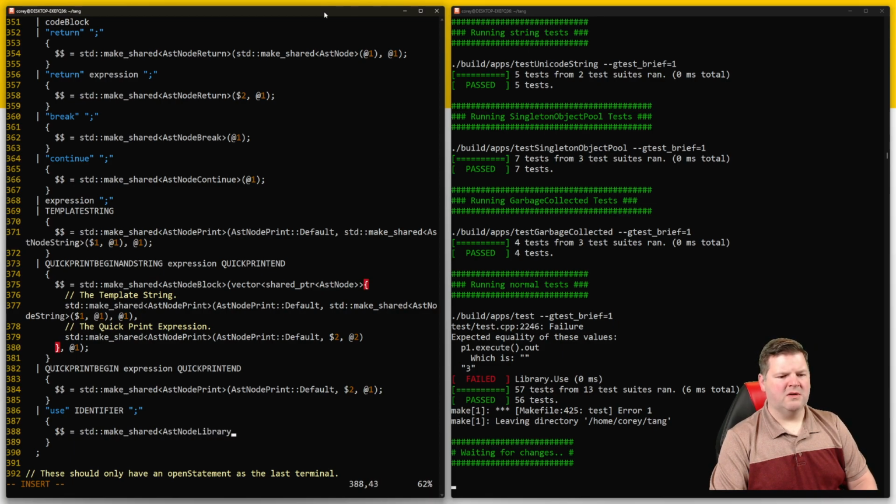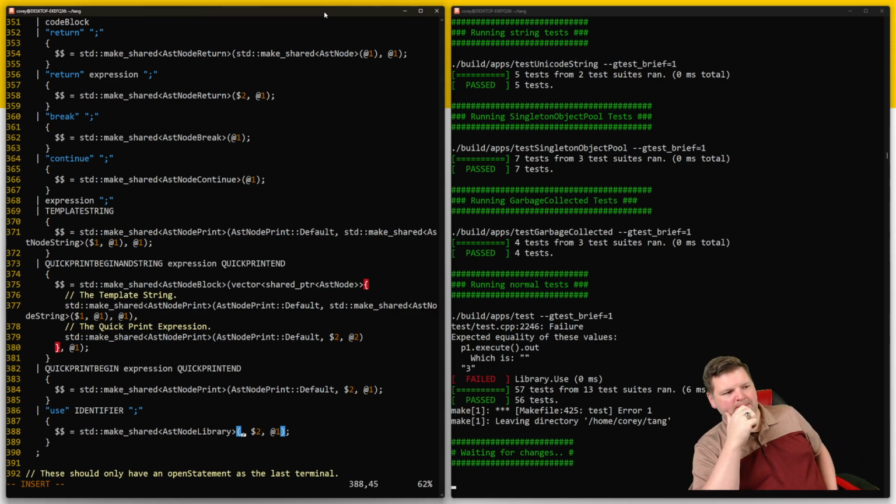Node library, and this is going to be, what does the library need? It needs the expression followed by the string followed by where it is at 1. So what is the expression? The expression is, why am I calling it an expression? Because